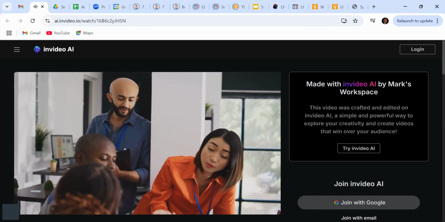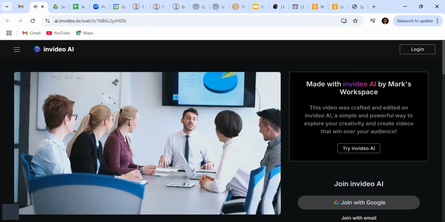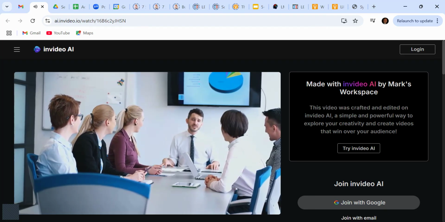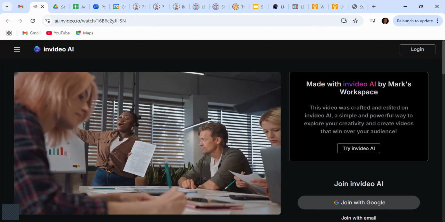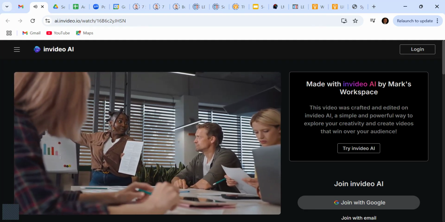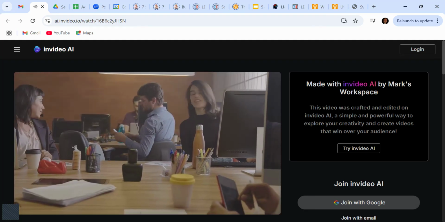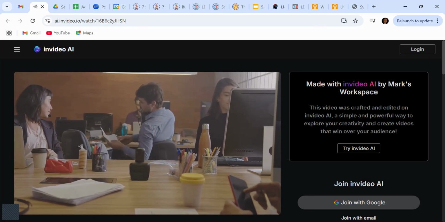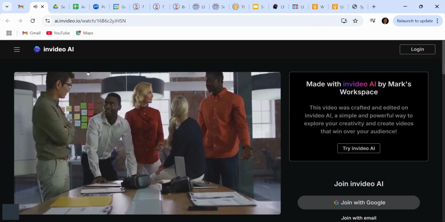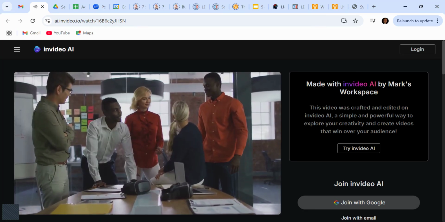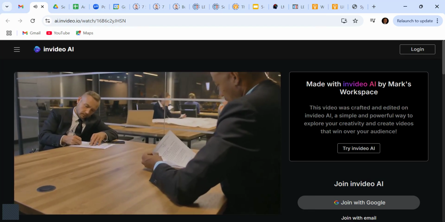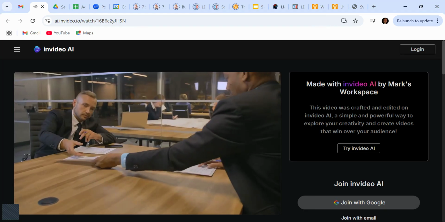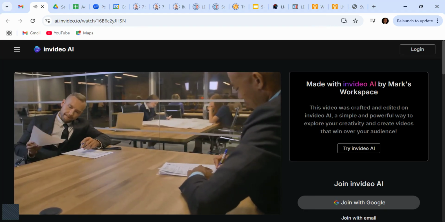Lastly, always check for alignment. After a discussion, ask the other person to summarize the top 3 points. This helps ensure everyone has the same understanding and nothing important gets lost in translation. Remember, improving our communication skills isn't about changing who we are. It's about leveraging our strengths in a way that enhances our interactions with others. So next time you're in a conversation, take a step back, listen deeply, and communicate with clarity.